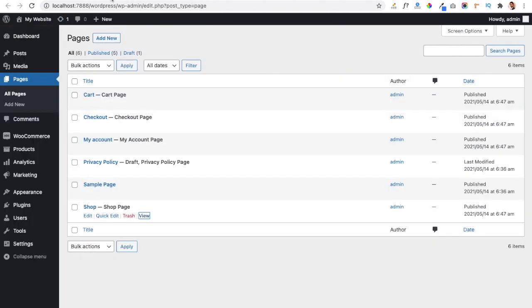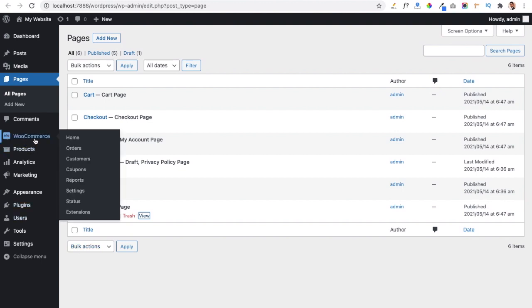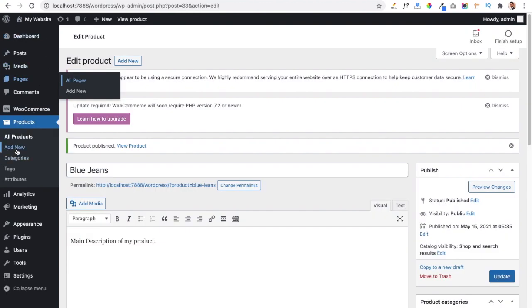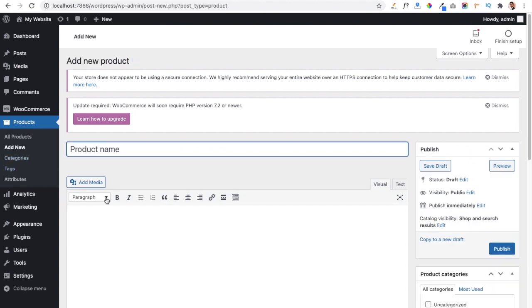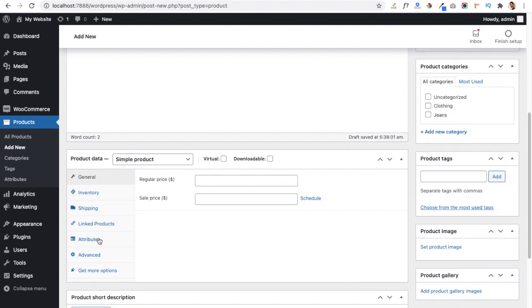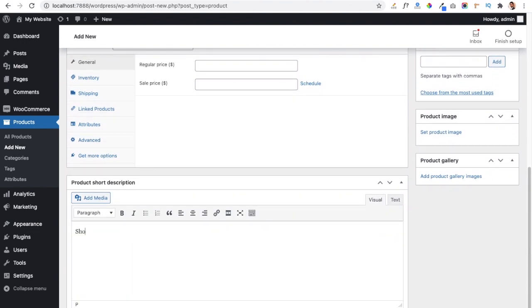Now we are going to create a sales product in our WooCommerce product section. So just go to the add new link here, and we are just going to create another product. So friends, we are going to create another product with the name white shirt, and again we are going to give the main description, and this is the short description,